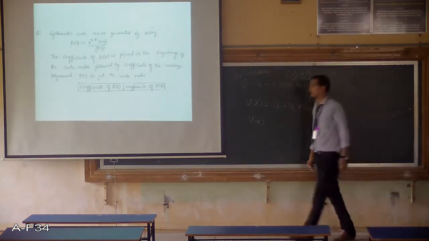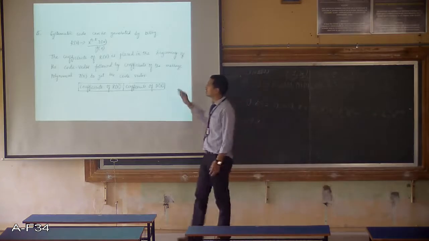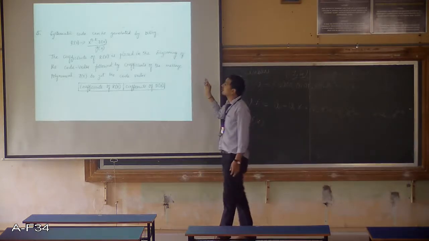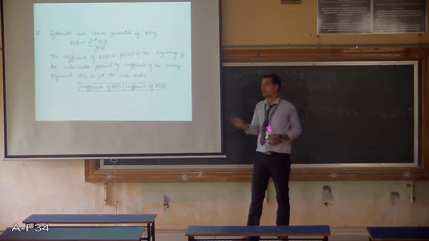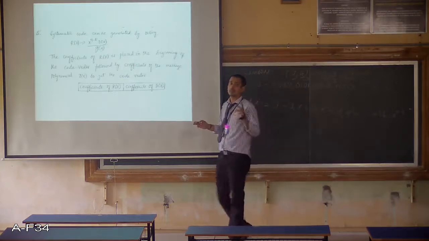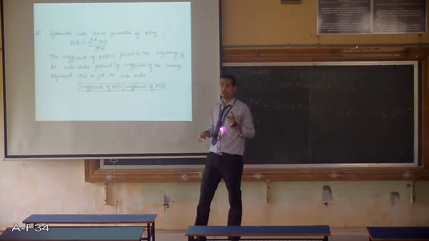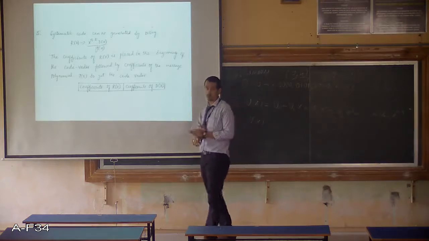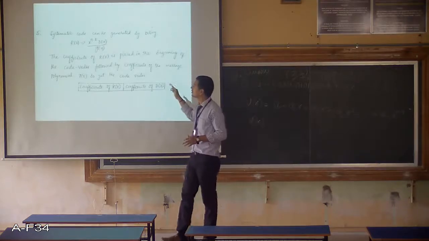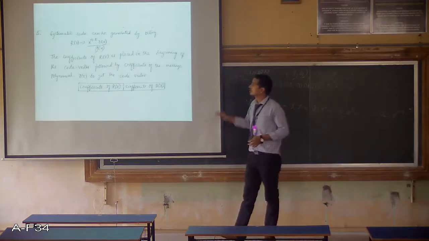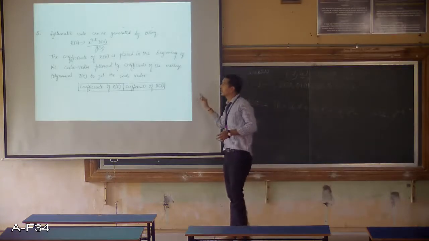And the last property is, systematic code can be generated. I did explain this in the previous slide. We have two types of cyclic codes, systematic and non-systematic. We discussed non-systematic in the previous slide, and this is with respect to the systematic code. Systematic code can be generated by using r of x